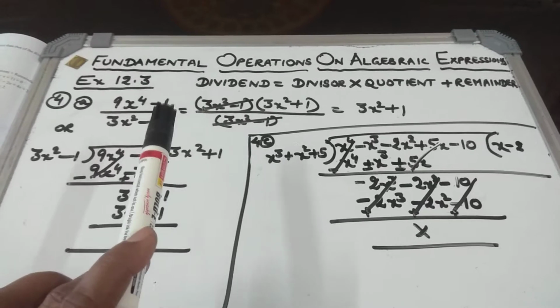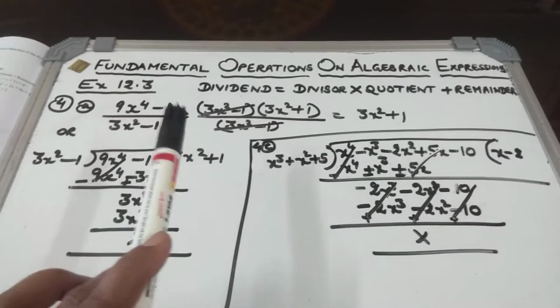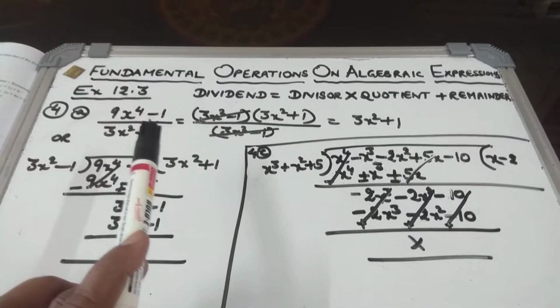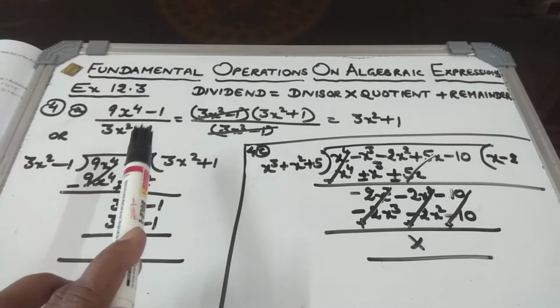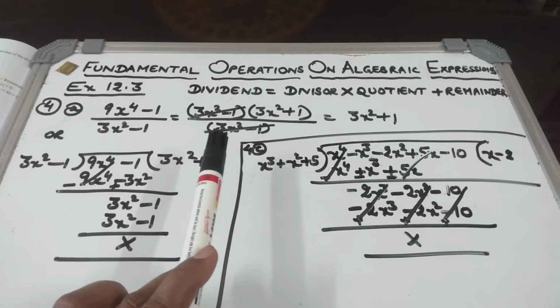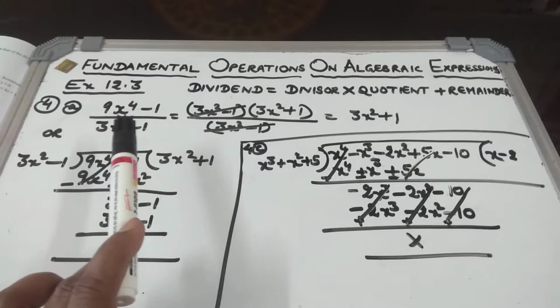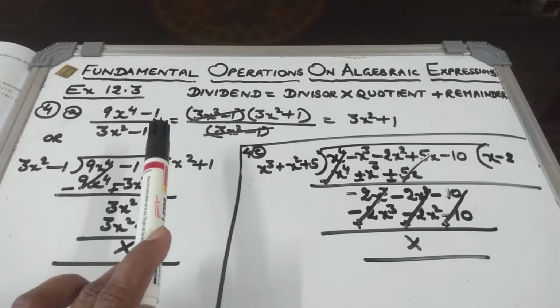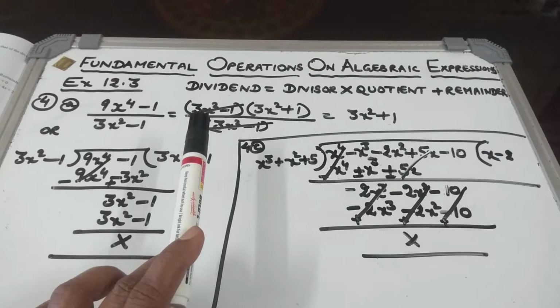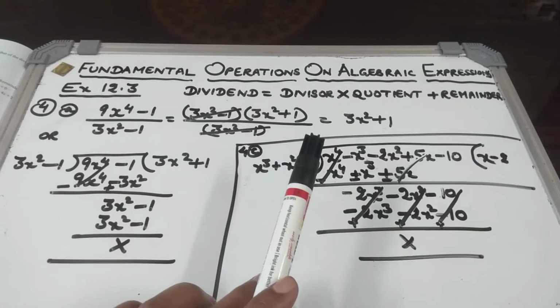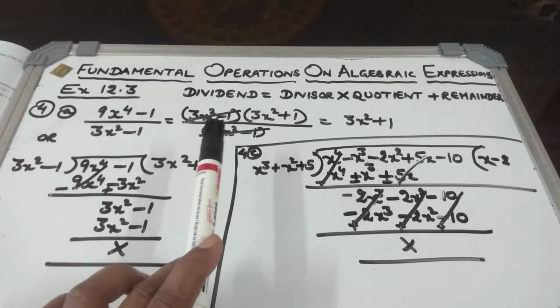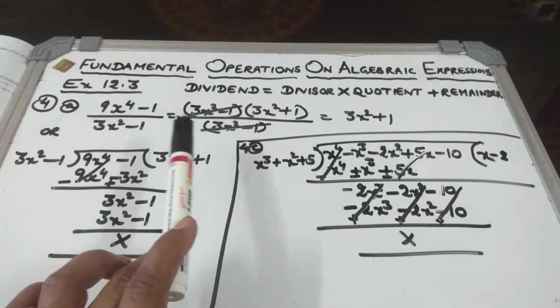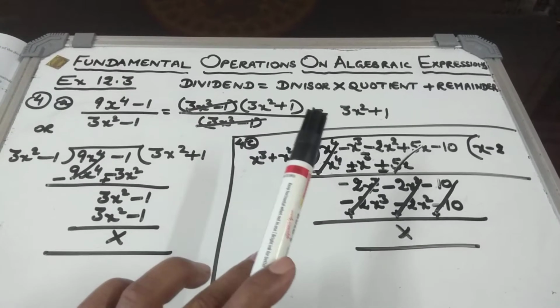Now in this question, this is one question which is actually a different type of question where I could do it by factorization also. So a square minus b square formula all of you know. I can write it as a minus b into a plus b. So 3x square minus 1 within bracket into 3x square plus 1.